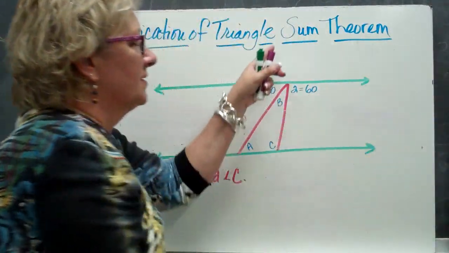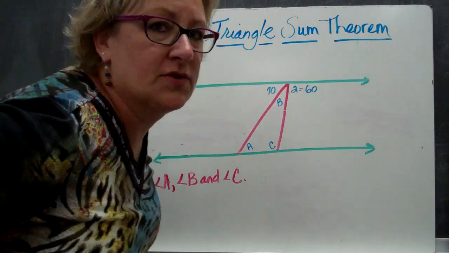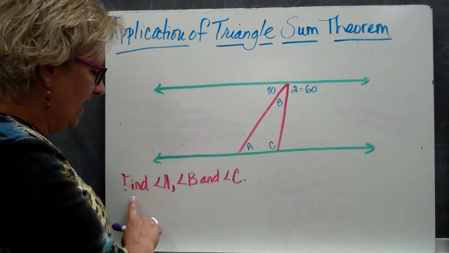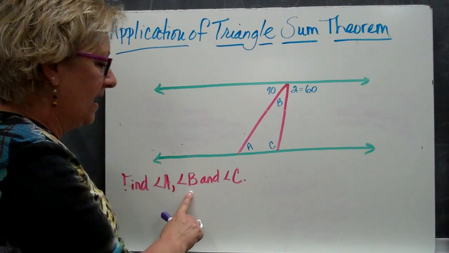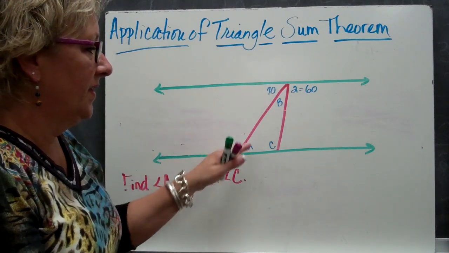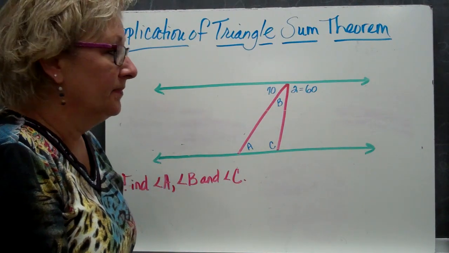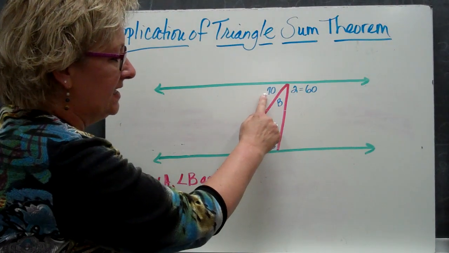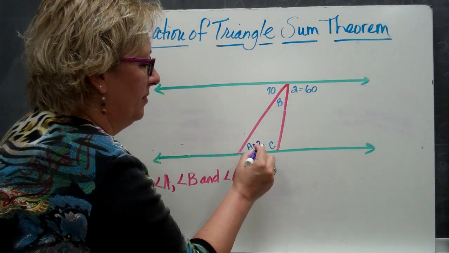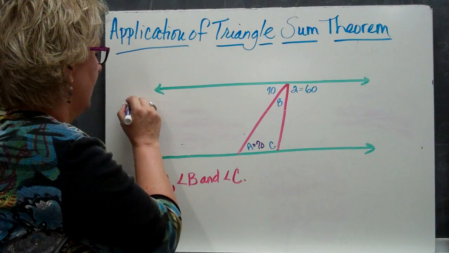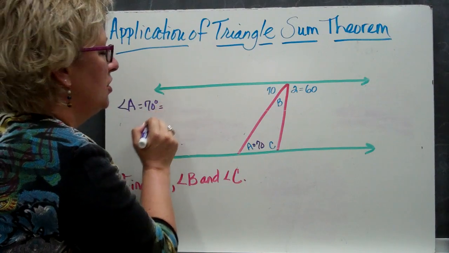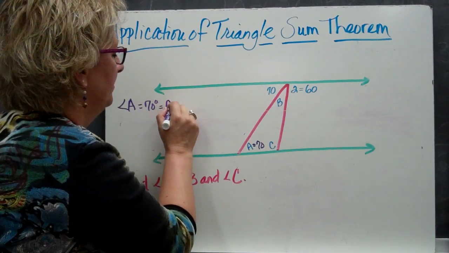Let's take a look at the triangle sum theorem when we're looking at transversal lines cut by a pair of parallel lines. If I want to find angle A, angle B, and angle C, I can do that using the transversal lines and all of the definitions that we have learned throughout the unit. I know that 70 and A are going to be the very same measurement because angle A will equal 70 degrees because I am using the alternate